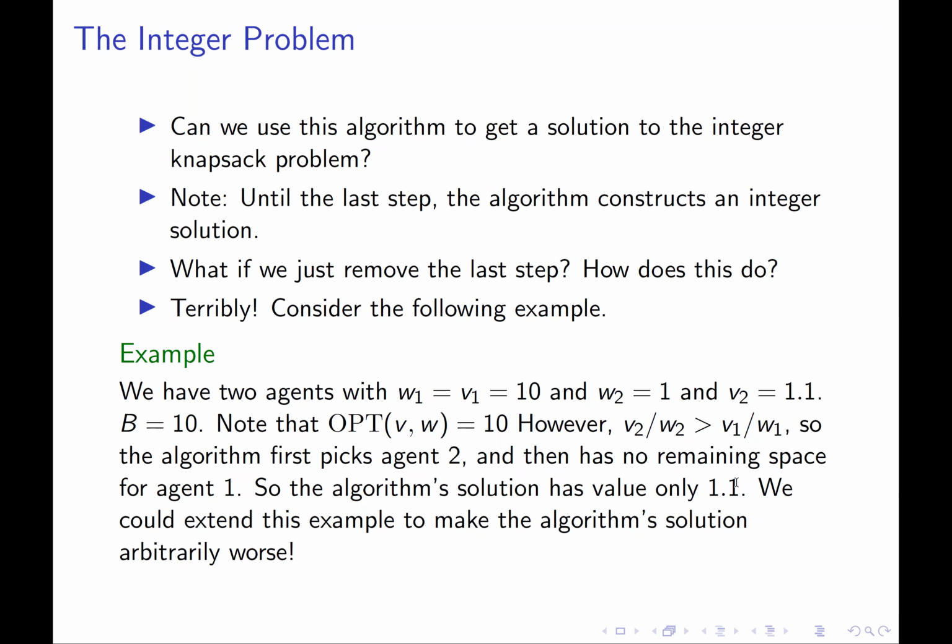And there's nothing special about 10. You could come up with an instance in which I wrote 100 instead of 10, in which case you'd get a solution that was 100 times worse, or 1,000 times worse, or 100,000 times worse, right? So just running the fractional algorithm and throwing away the bidder who was fractionally allocated is not a good solution. It doesn't provide any finite approximation at all.